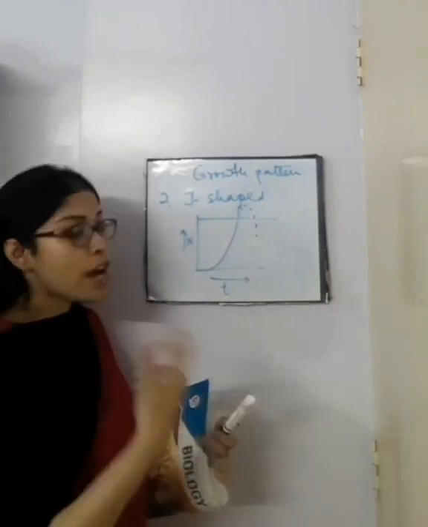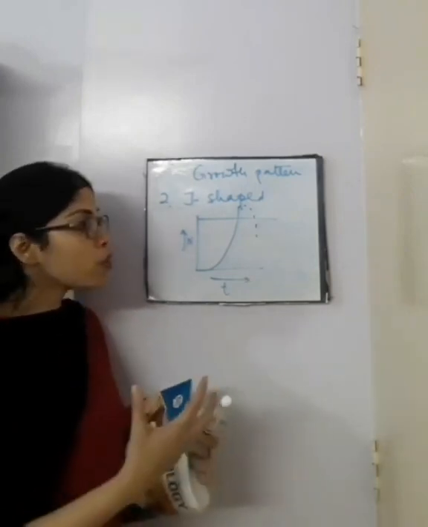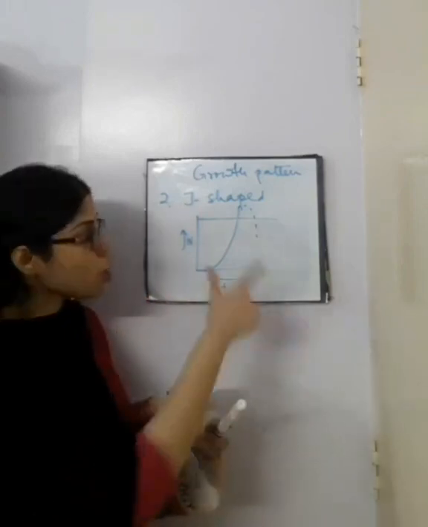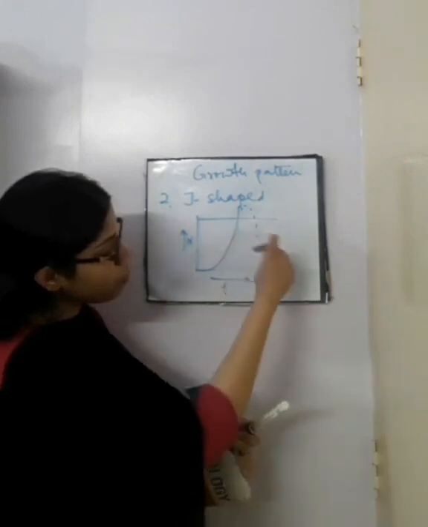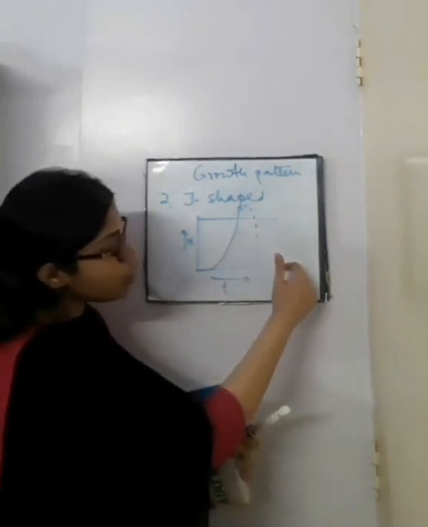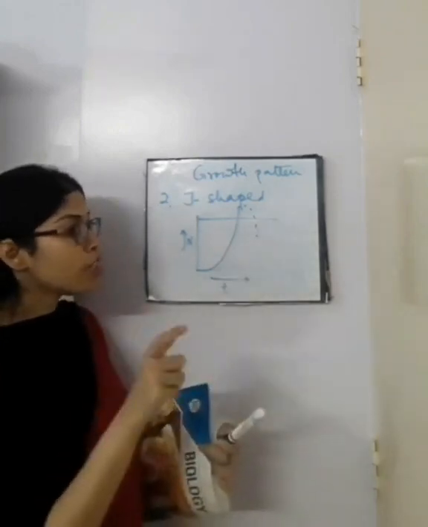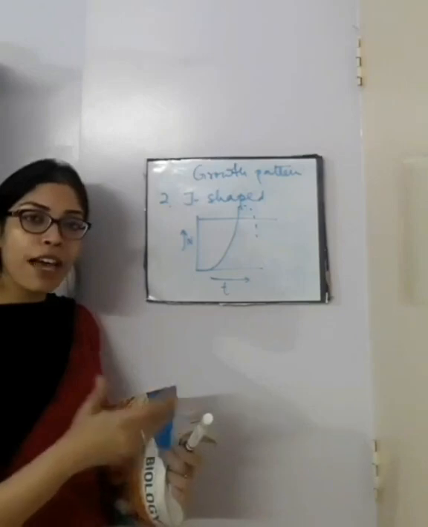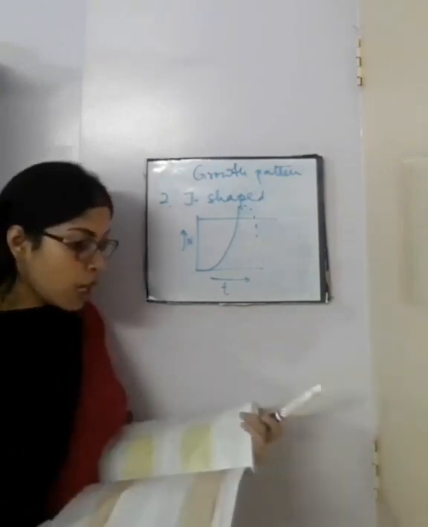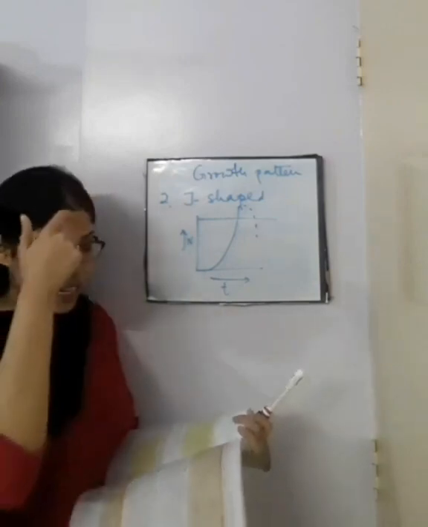It starts to crash. That means there is a large amount of death in the population. So it starts to crash and comes much below the carrying capacity and goes down very fast, again within a very small amount of time. So these are the S-shaped curve and the J-shaped curve, and you have to learn the differences between the J-shaped curve and the S-shaped curve from the book.